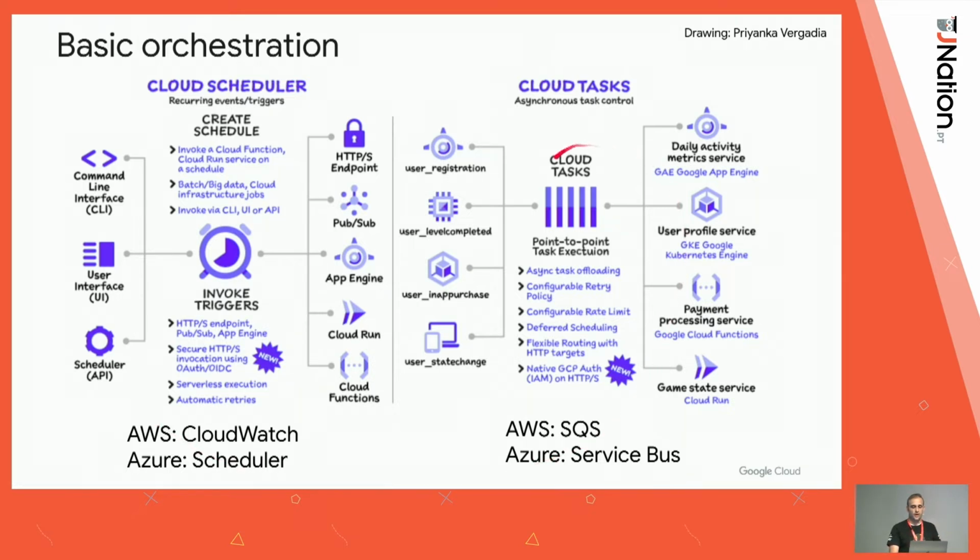Or if you want to do a task-based orchestration, you can use something called Cloud Tasks on Google Cloud, where you capture what your task is, put it in a queue, and then that queue calls your service at the rate that you define. And again, on AWS and Azure, there are other services like SQS and Service Bus to do this kind of stuff. But what this enables us to do is that we have our code running serverlessly, but we also had these basic orchestration services to call our service either based on a schedule or based on some kind of task-based queue.